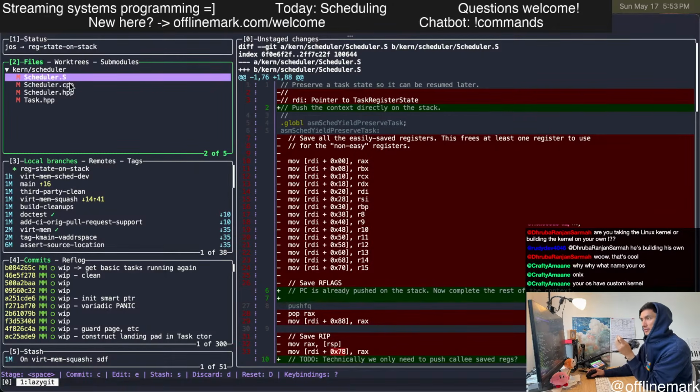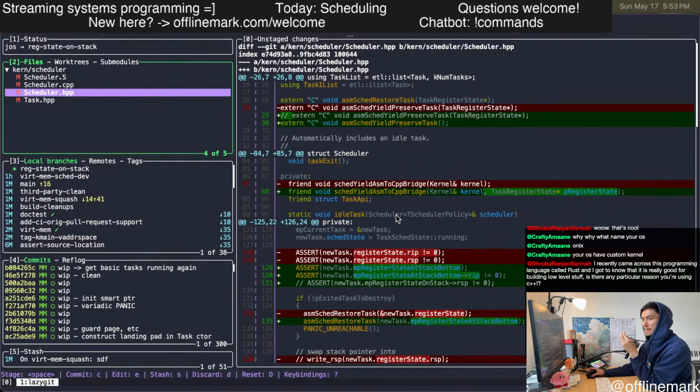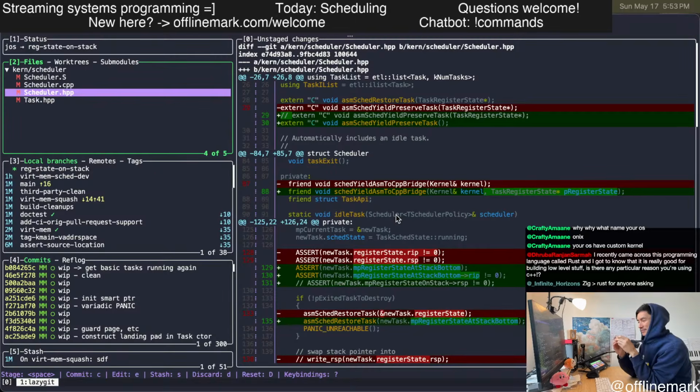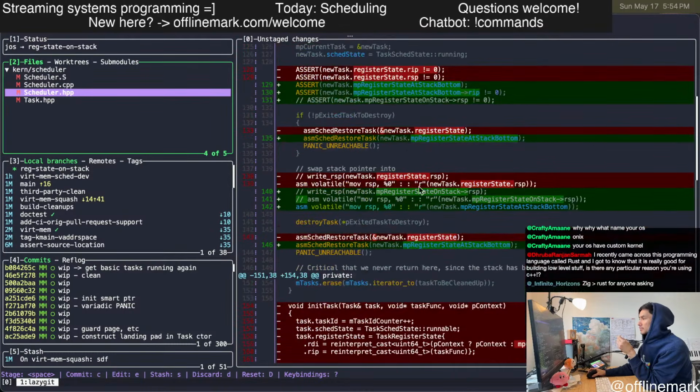Yeah, custom kernel, exactly. Zig is greater than Rust for anyone asking. Got some flame war material. Yeah, I'm just using C++ because I know it very well, and I don't know Rust at all. But my recommendation would be to learn Rust if you're starting from scratch and don't have any prior history.